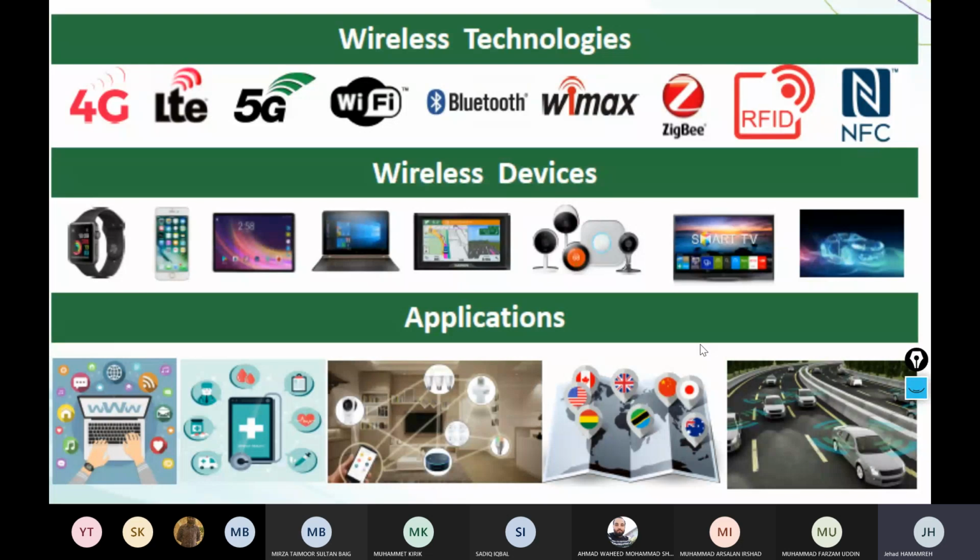So what's the driving factor? Why do we use these wireless devices? If someone asks us why we use all these wireless technologies and devices, the simple answer is because of the amazing applications that are available on them. We can go to the Apple Store or to Google Play and just see the infinite number of applications that are useful to our daily life, starting